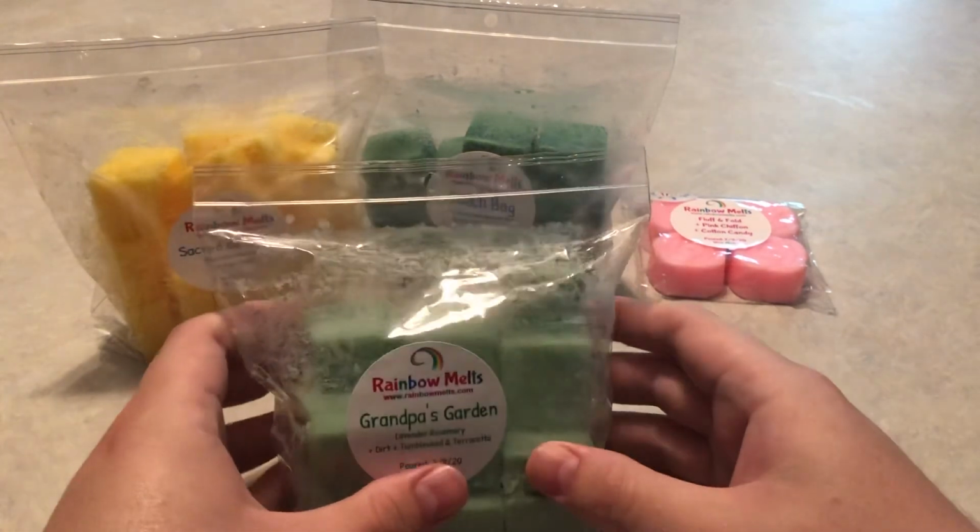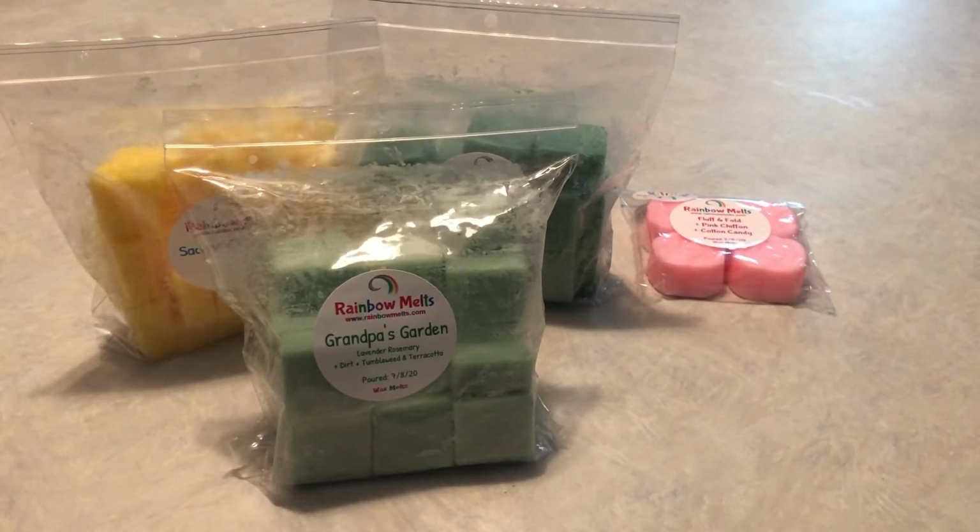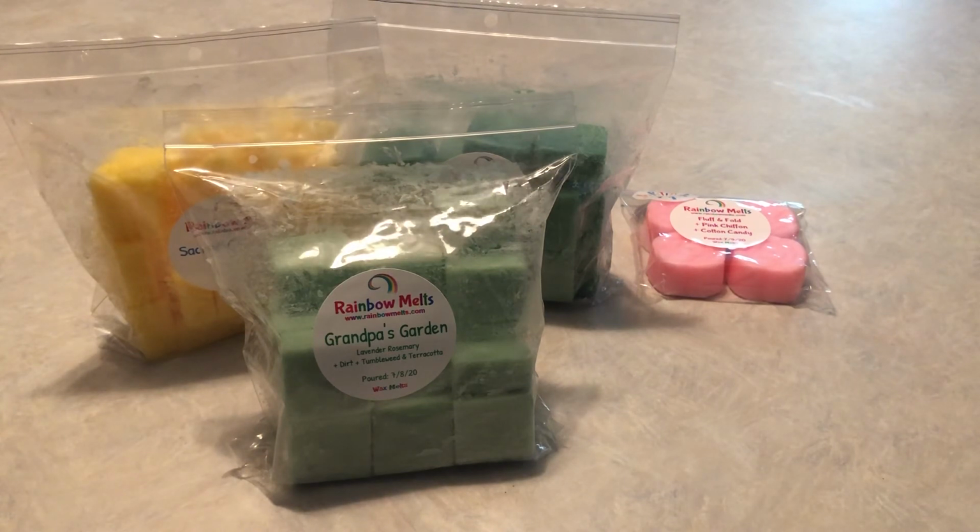It smells very fresh and herbal forward with that lavender, rosemary. It's one oil. It is a gorgeous, beautiful, stunning oil. That's all I can say about it. If you haven't smelled it, it is very herbal, almost sinus clearing. Yeah, it's just gorgeous. The dirt is a very wet, fresh dirt, and the Tumbleweed and Terracotta really does smell like